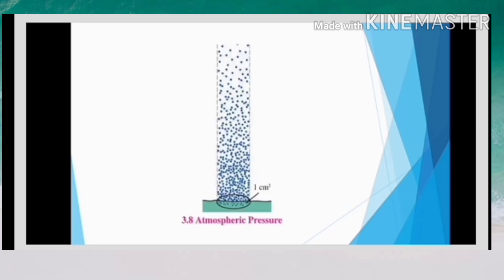The pressure created due to air is called atmospheric pressure. Imagine that a very long hollow cylinder of unit cross sectional area is standing on the surface of the earth, and it contains air. The weight of this air is the force applied in the direction of the center of the earth. So atmospheric pressure is the ratio of this weight divided by the area of the surface.